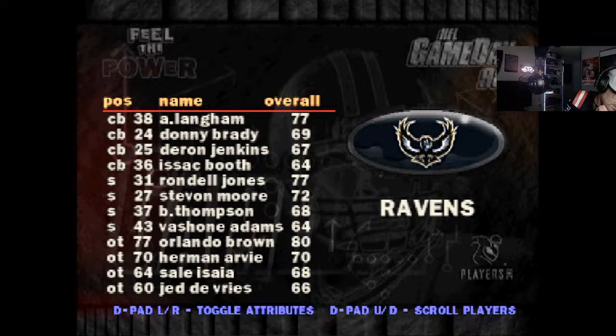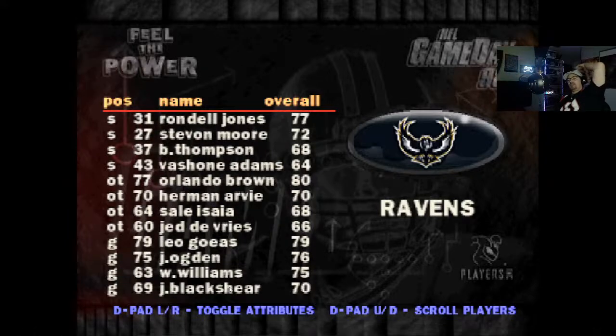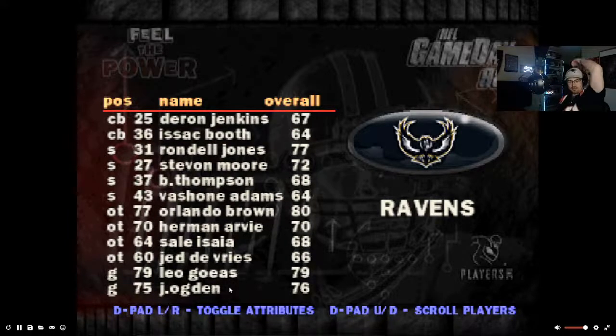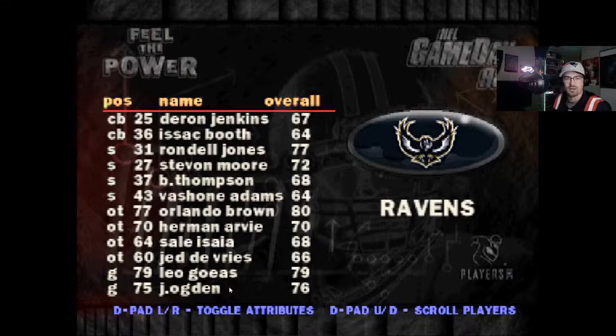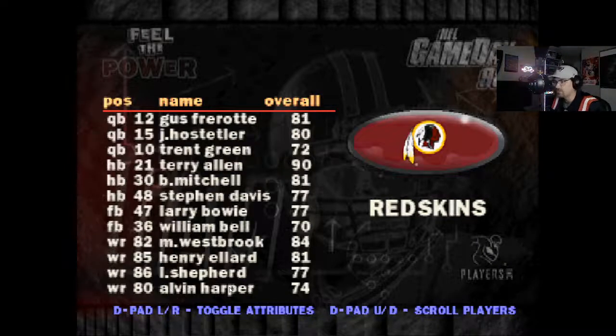He got a paycheck. So, Jonathan Ogden is in the game. He's a young player at this point, but he is obviously one of the greats on the offensive line. Orlando Brown did pretty good too. I recognize his name. But not much going for them. Again, this was a team that moved. It had a whole bunch of different issues going on, so obviously.